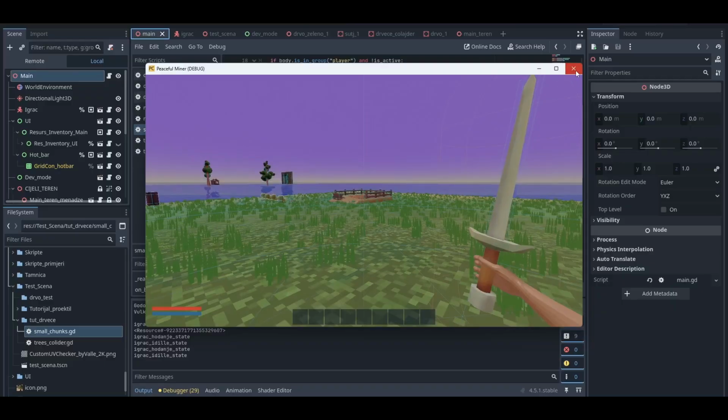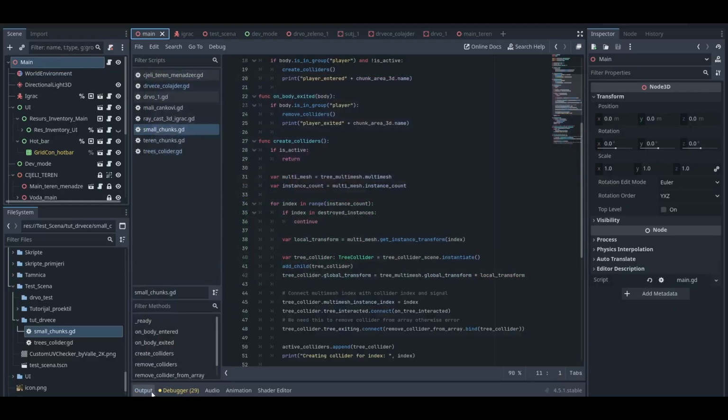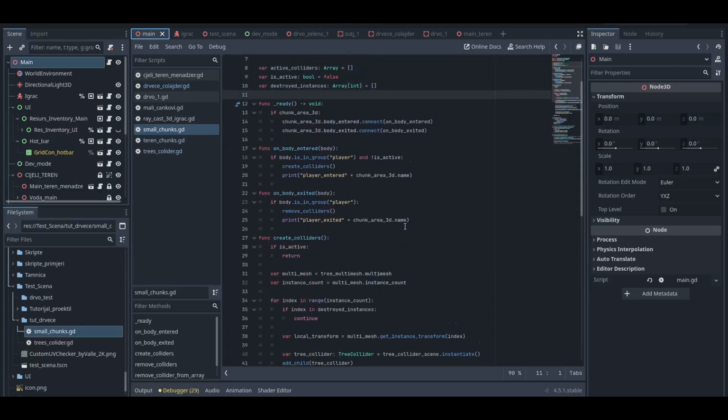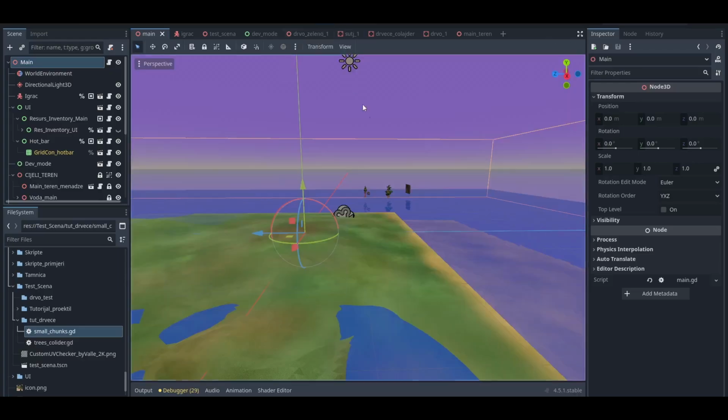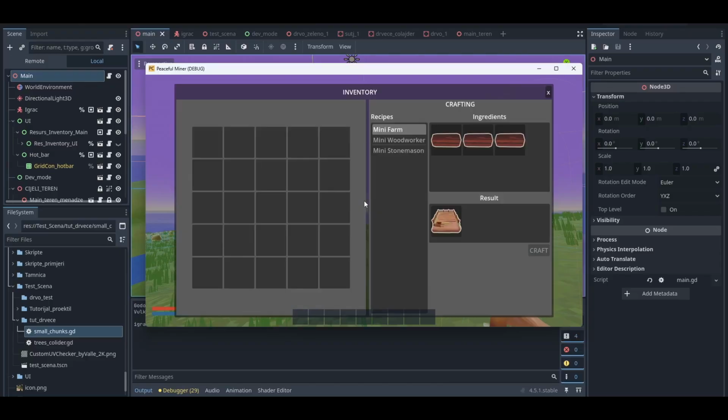So this script is not, at least for me, too complicated. When I return from Blender, I will go through it and explain it to you. Let's go in Blender and model some low poly trees. Low poly trees in Blender are too easy to make. And please do not ask me to make a video about this